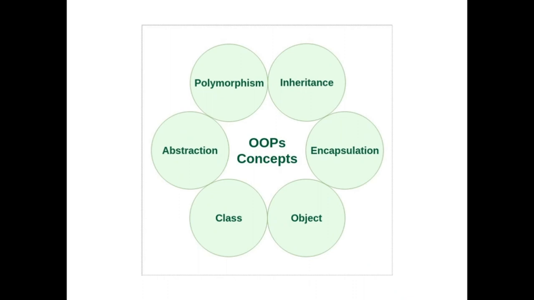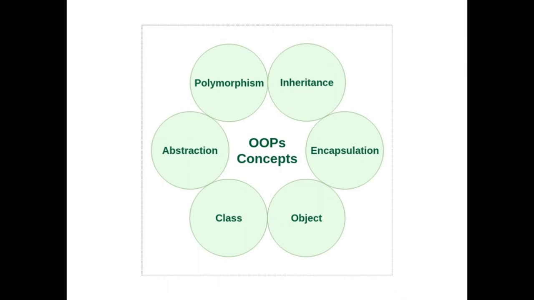And then again, the code and the data that constitutes a class are collectively called members of the class. The data that is defined by the class are referred to as member variables or instance variables or the properties that we have seen in the last slide. And the code which operates on the data is referred to as member methods, or methods only. The methods define how the member variables are used.